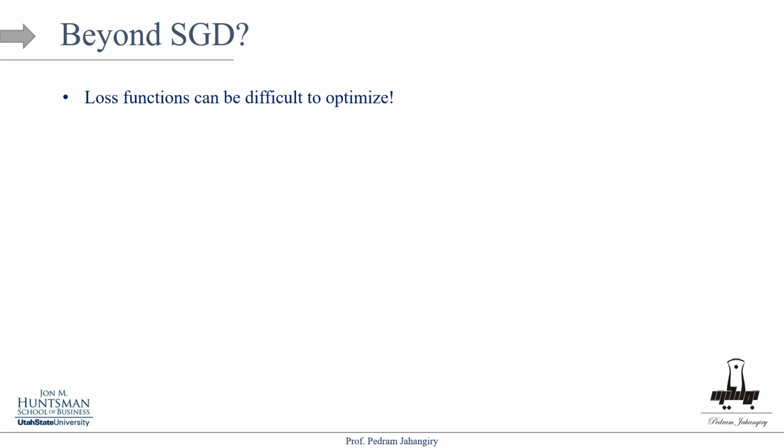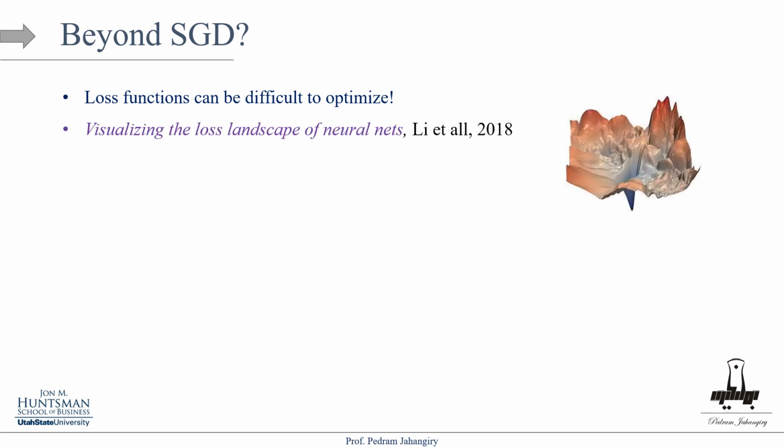Actually, here, I brought the picture. You don't need to wait for the neural networks part of the course. The idea of why we should go even beyond stochastic gradient descent is that, usually for deep learning, when the loss function is not well behaved, it's difficult to optimize. Here is a paper that visualized the loss landscape of neural networks, and as you can see, it is very, very noisy, right? And we have so many local minimums all around the place, and hopefully we are trying to get to this